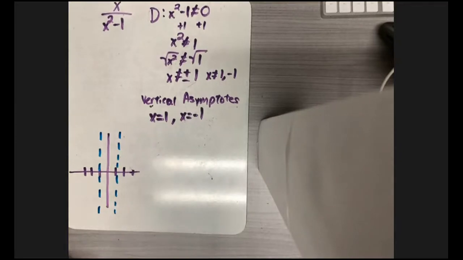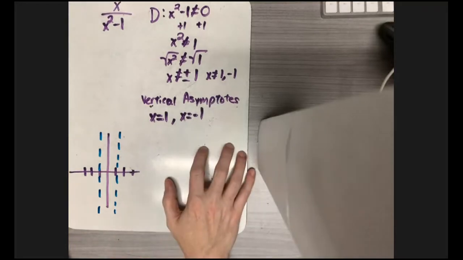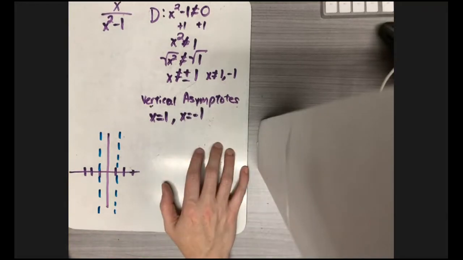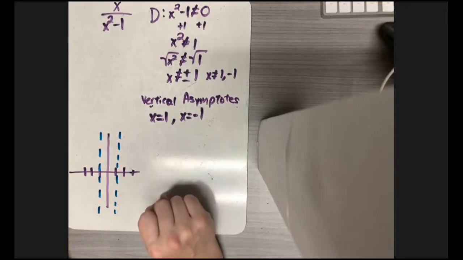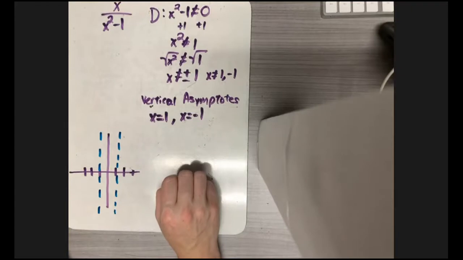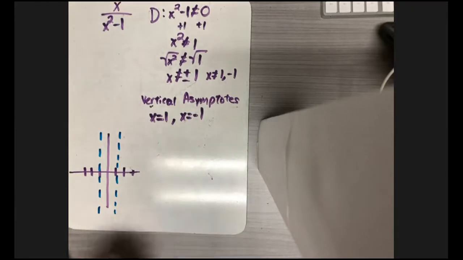And these occur anywhere where we have a domain problem. So like the examples that we saw a couple of times before, there can be more than 1. There may only be 1. If there aren't any spots that are off limits, like we saw with those domain problems, then I don't have any vertical asymptotes at all for something like